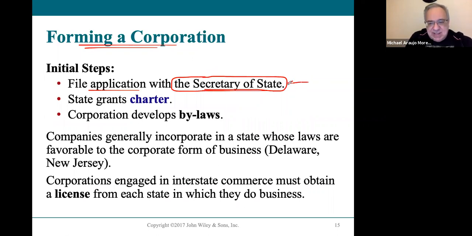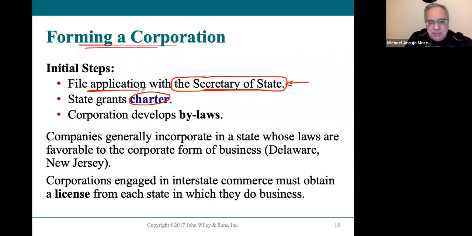The secretary of state for the state is in charge of corporations in this case. So you apply. There's an application process in which you apply. It goes to the Secretary of State of your state. They review it for accuracy, making sure it conforms with their requirements. Once it's approved,